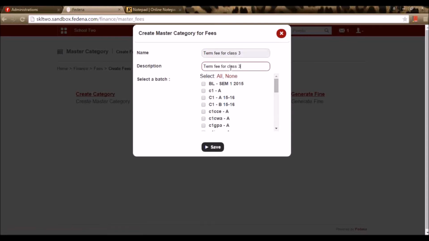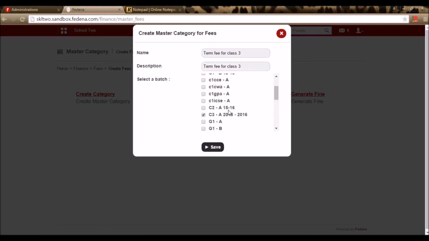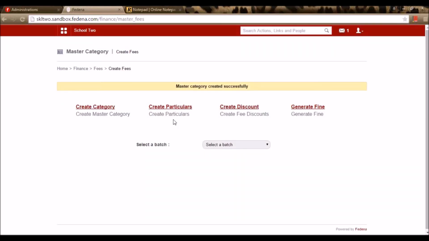Let me give a description as the same, and I can select the same fee structure to be applicable for more than one batch. In case this particular term fee is applicable for all the batches, I can select all, or if it's specific to any of the batches, I can select the batch names here. Right now I'm selecting it for class 3. Once I'm done, I'm saving it.